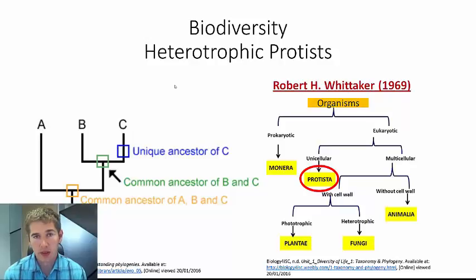protists. There are three learning objectives for this lecture. The first learning objective is what are heterotrophic protists. The second learning objective is what are some of the basic body plans of these organisms. And the third learning objective is how do these organisms fit within the overall diversity of other organisms on this